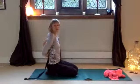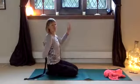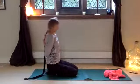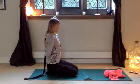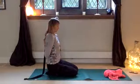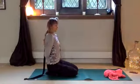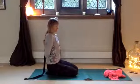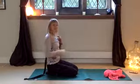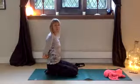If you want, with your left hand, you can draw your right elbow into the centre. See if you can snuggle those fingertips up towards the back of the head. And then left fingertips drawing right fingertips. And the right side is usually a bit harder. So try and draw your left elbow back, your left tricep back. It's a nice stretch for the triceps as well. A couple more breaths. And slowly release. Okay, and then the last one is behind our back, we take hold of opposite elbow